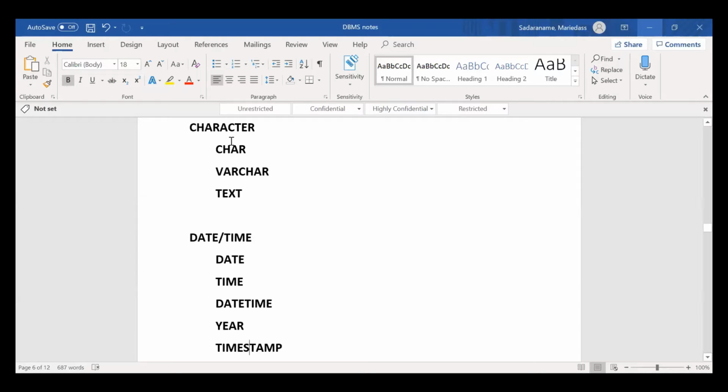You see the other term called Varchar, it stands for variable character. If you break it, it stands for variable character. What it means is this: I'm defining a character data type for a column. When I define the character data type,